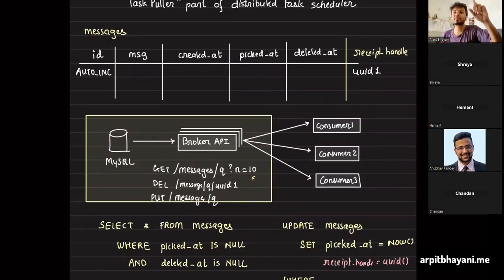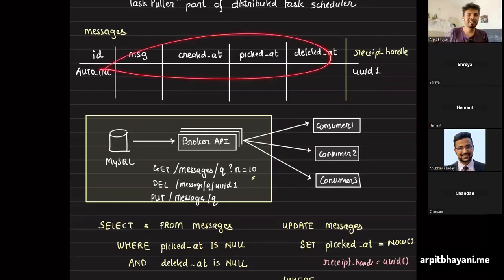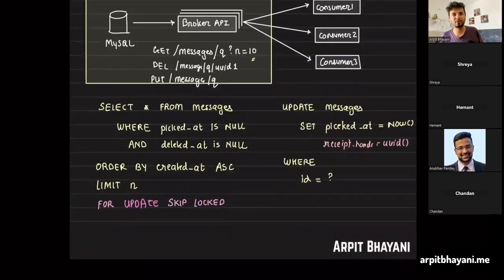Okay, but yeah, it's a very good exercise for you to build your own message broker on a relational DB. A lot of things would get clear when you start implementing it. But the schema still remains the same. That's the beauty of it. You just need to identify those patterns and move along with that.